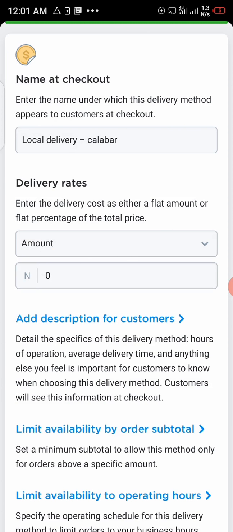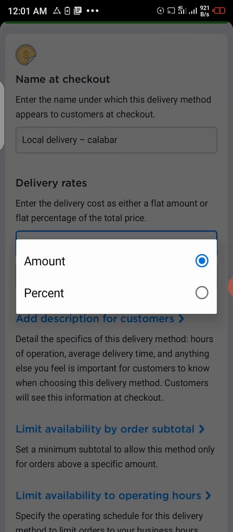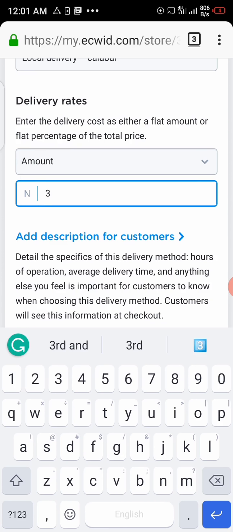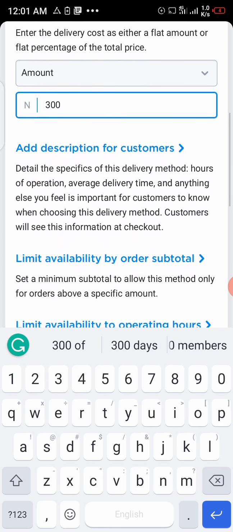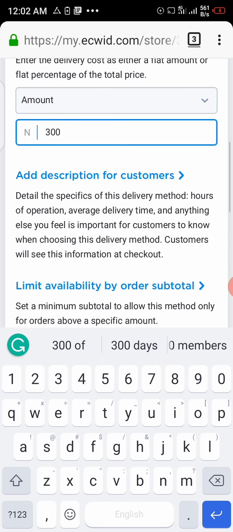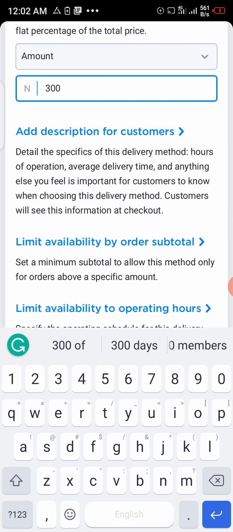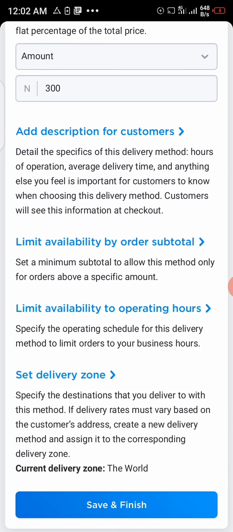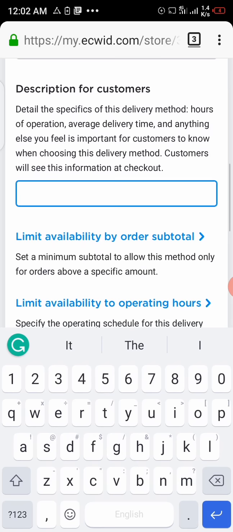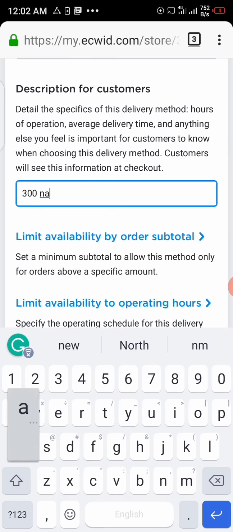So now, delivery: local delivery within Calabar, name and checkpoint. So it has gotten my location, Calabar. So for delivery rates, I'll be charging per amount, I'll be charging 300 Naira for every delivery. You can add a description for customers for them to understand how these charges work. You can add further description at checkout. Tell them 300 Naira